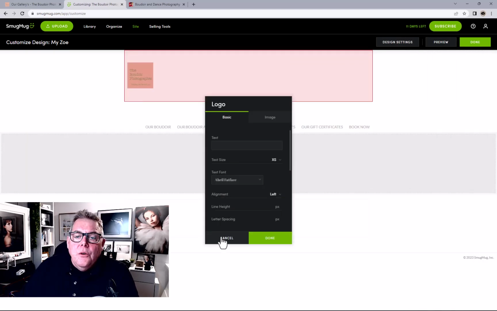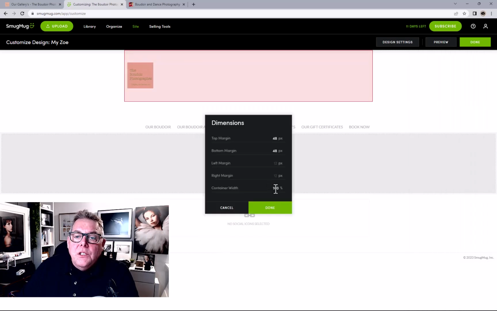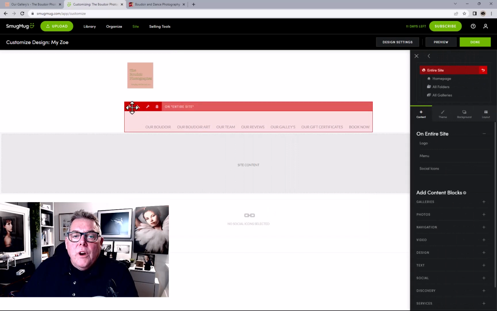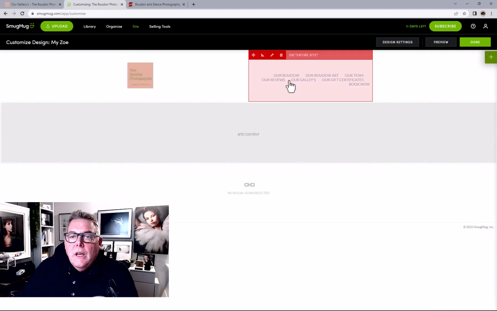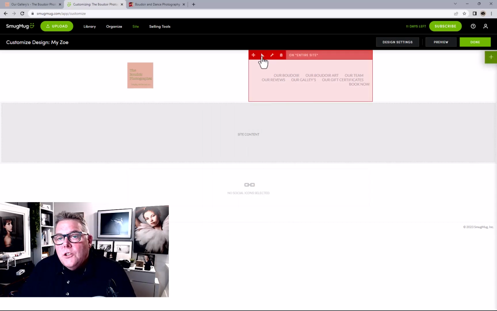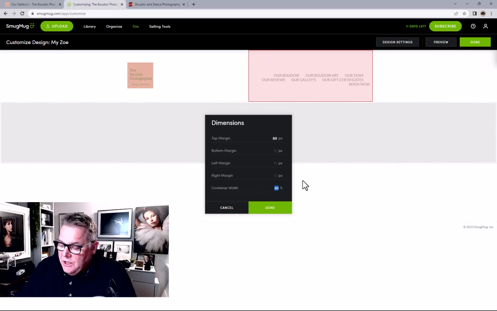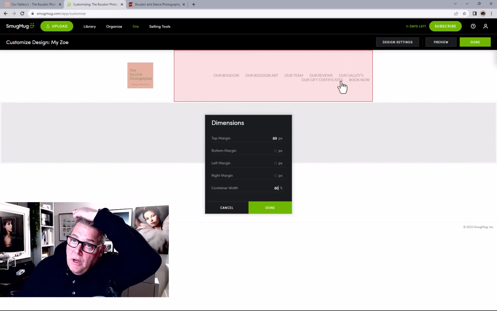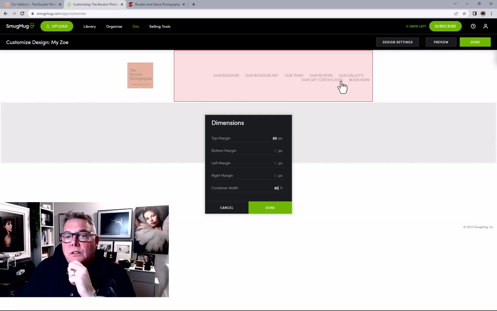So what are we trying to do? Let's go into the sizing of it. The container width is going to be, say, 20% of the actual site. Then I can move it to the side. As far as the size of this one, in this little triangle, you click in here and change this to, say, 75%, or more. Let's go to 80%. We've almost got all of these links on that one line, which is pretty good. If we went to 90%,